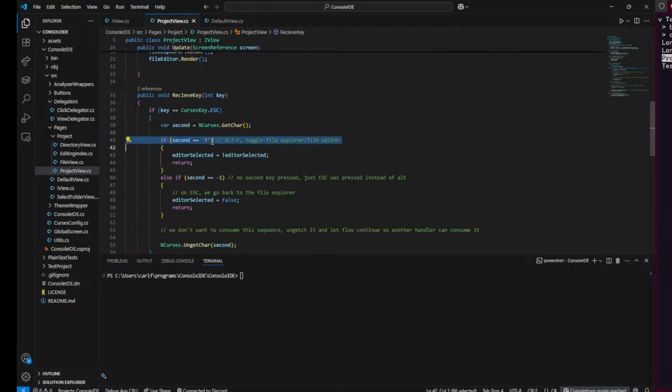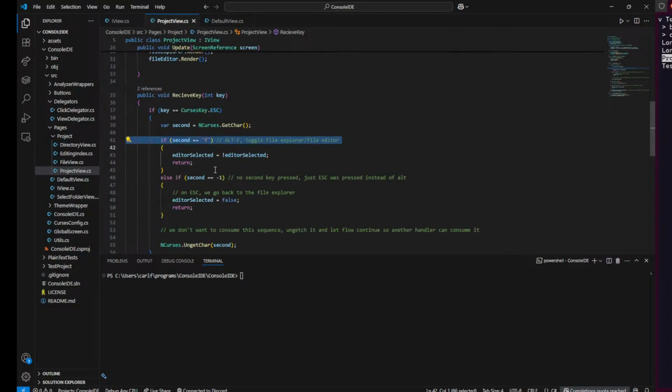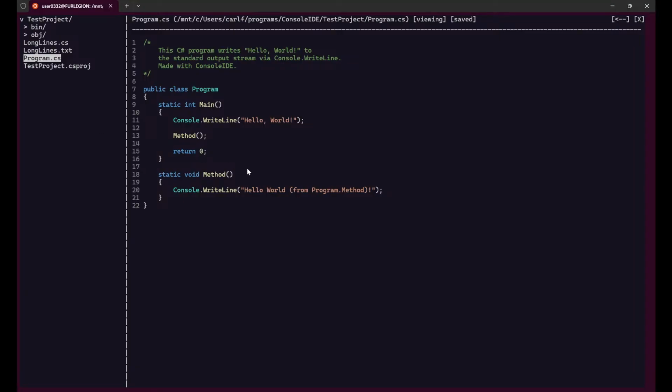F, toggle file explorer. Okay, so this is if it's Escape. What? Wait, Escape F. So let me try that. Escape F. Escape F. I'm already in here. Control T, I think, toggles, right? And then now I can't move the file thing up and down anymore, and I have to press Control E to edit. Okay,